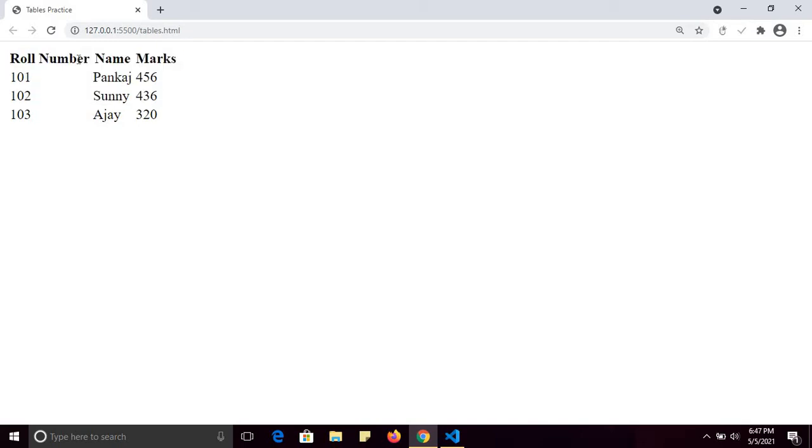Fine. So I am creating a table. There is one row that contains table heading. 3 rows are containing table data: roll number, name and marks. But when we see the output, there are no borders in this table. There are no borders. So how to set the border of a table?